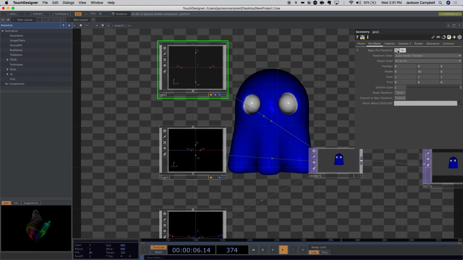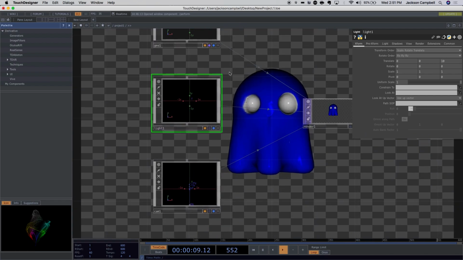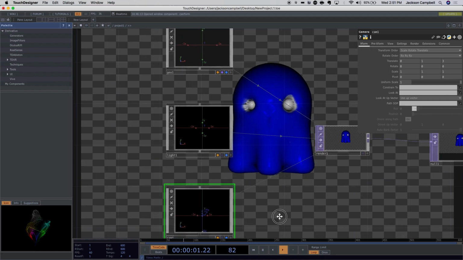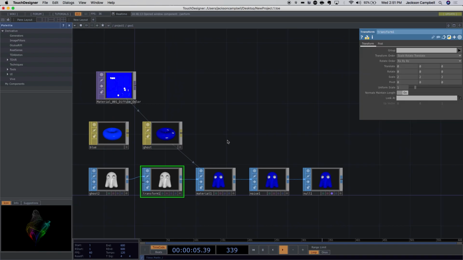Nope. Don't know why that's not working. I guess I have to do it inside. So going inside here,